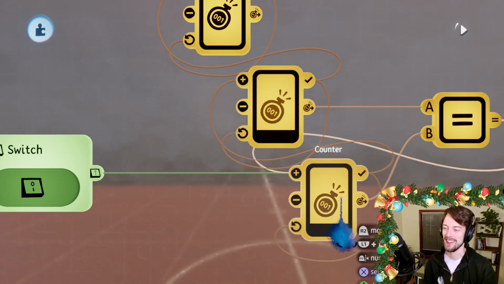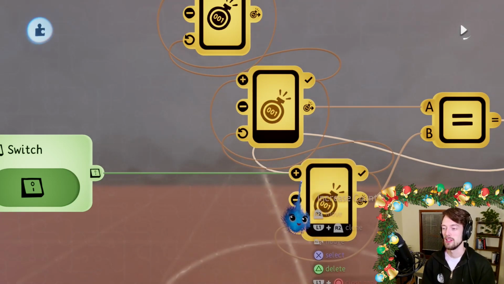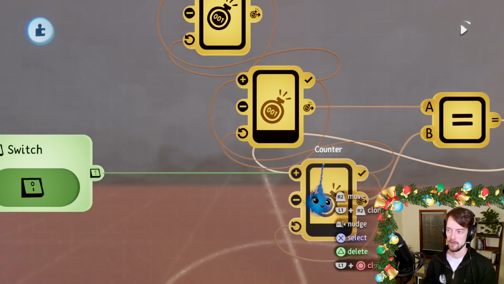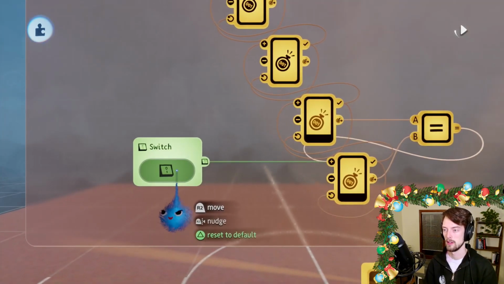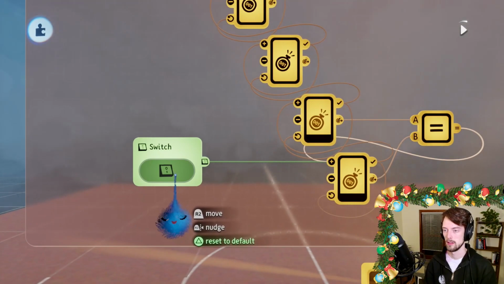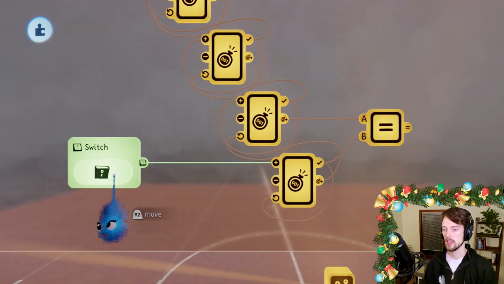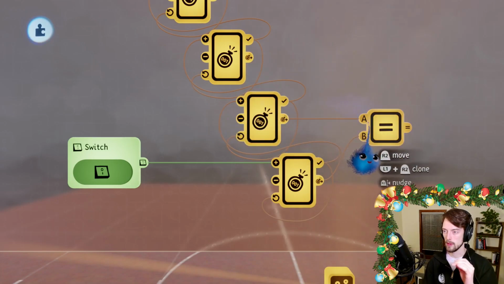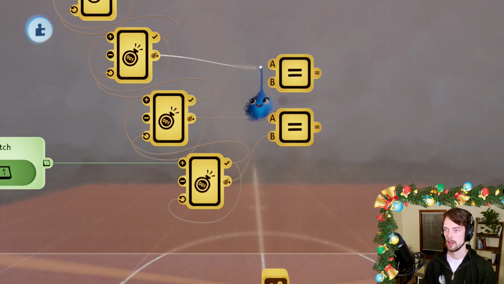I don't like it, but that seems like what I would actually want to do. When I press this, I want it to increment, and then keep incrementing until these are not equal anymore. So in order to get a proper test here,